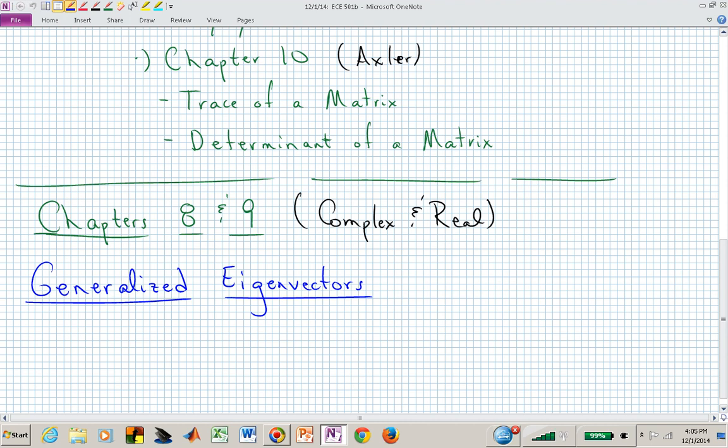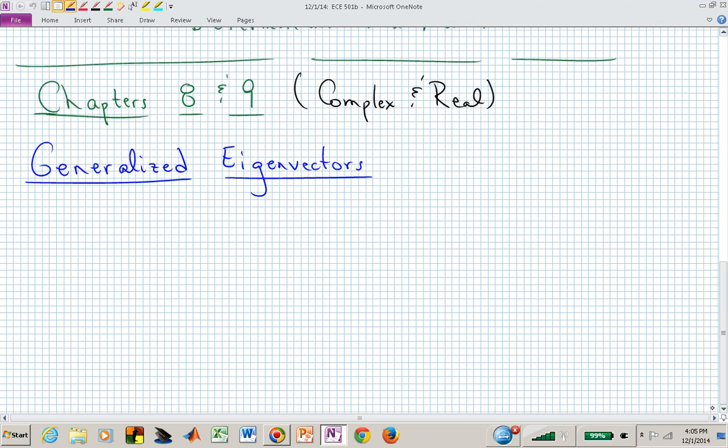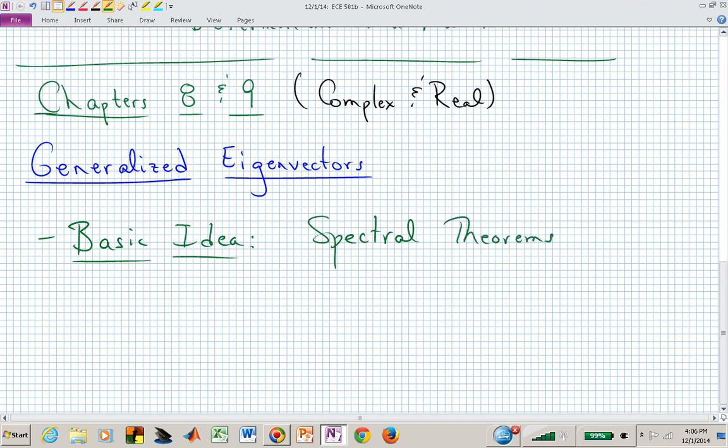Let's now talk about this idea of generalized eigenvectors and why it's there or needed. And we could build up to that point by saying, here's the basic idea. Now that we're in chapters 8 and 9, we have gone away from inner product spaces and actually returned to the more general vector spaces. We don't need inner products to be talking about these generalized eigenvectors, but we've talked now about spectral theorems, and these spectral theorems actually tell us